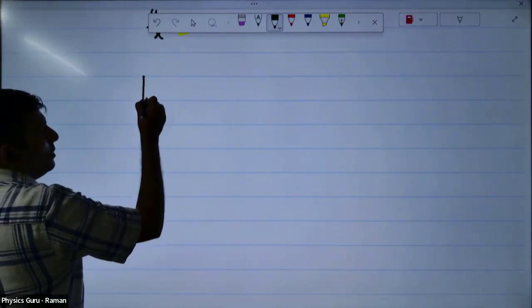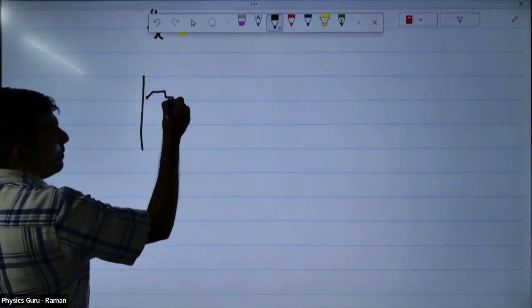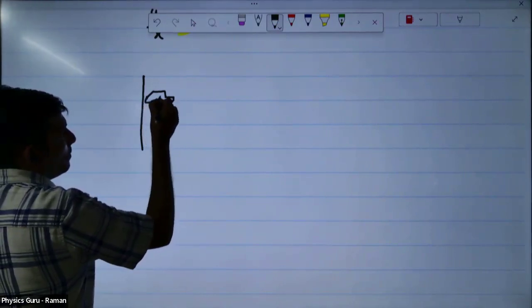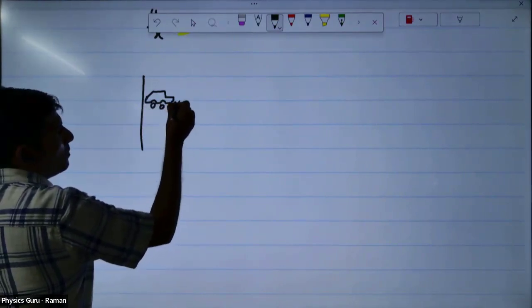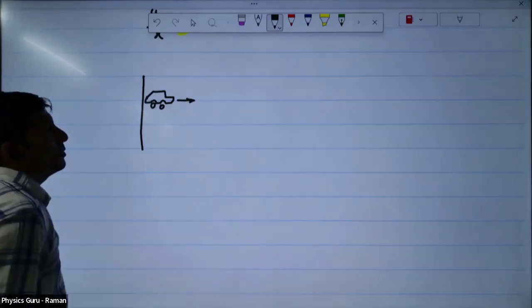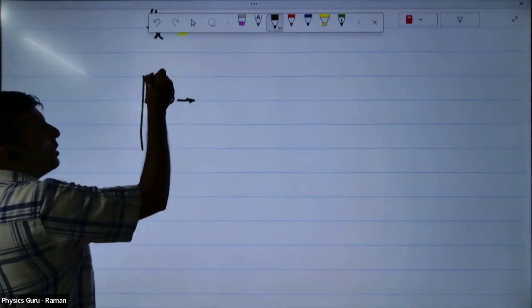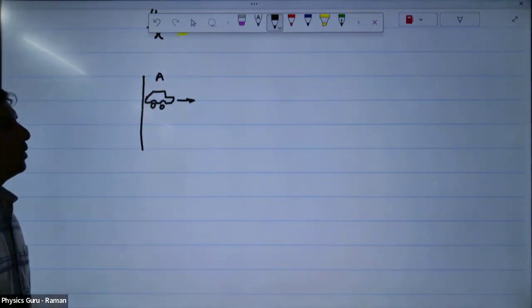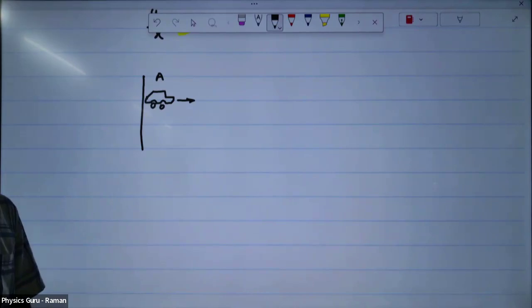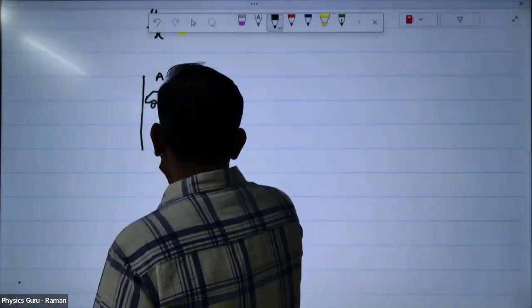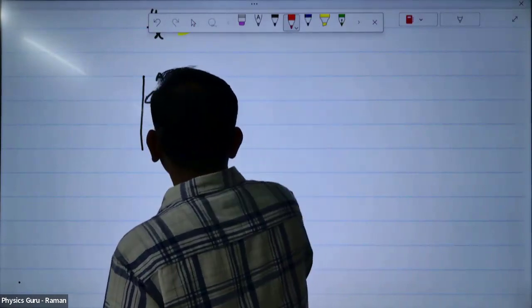Car A is starting from this point and going forward. Okay? Car A is starting from this point and going forward. And car B is already starting